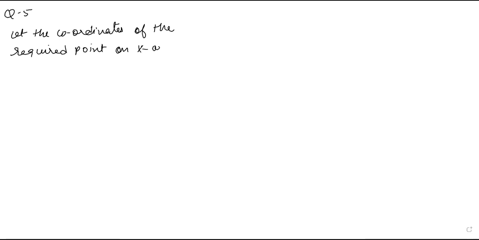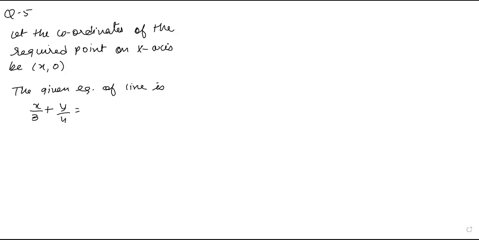Let's try to understand the fifth question. Find a point on x-axis whose distance from the line is 4 units. So we have to assume let the coordinates of the point, required point, on x-axis be x comma 0. The given equation of line is x by 3 plus y by 4 is equal to